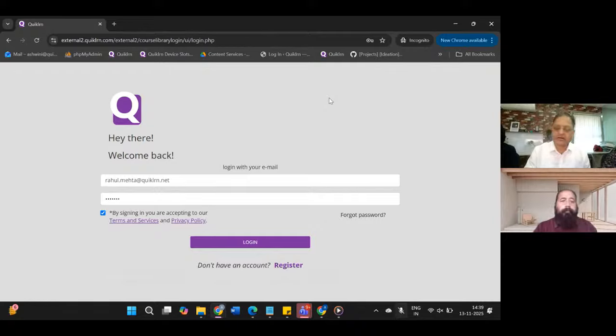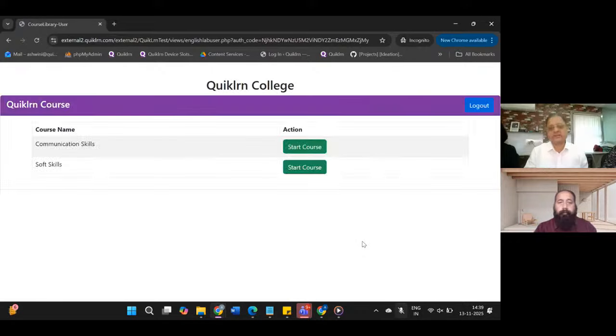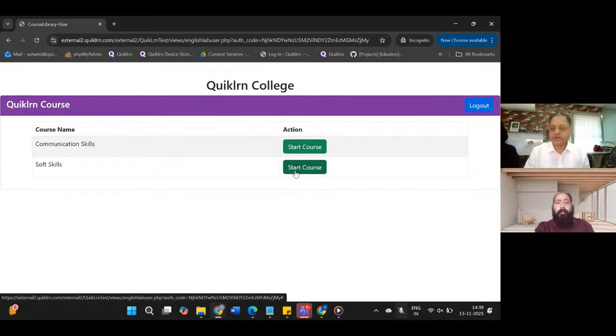And again, while entering the password, please ensure there are no extra spaces coming in. It may give an error of invalid password. Once you've entered this, the next thing you have to do is click on the tick button where the cursor is at this point in time and log in. Once you log in, you will have the two start buttons where you would be able to start the course. Ashwini, this time we will start the soft skills course as we are going to do the soft skills